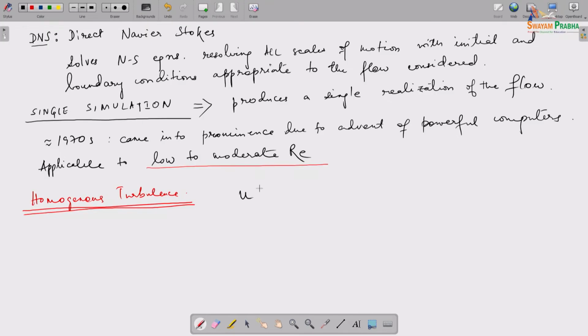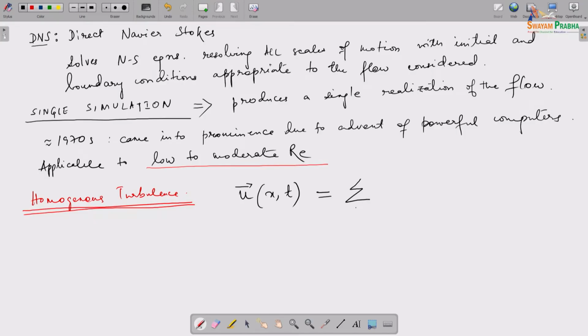So basically, we're going to say the velocity at a point in space at a given instant of time consists of several modes of motion, and we represent that by a 3D finite Fourier series. I'm going to explain all of this, so bear with me. Something like k, e to the power